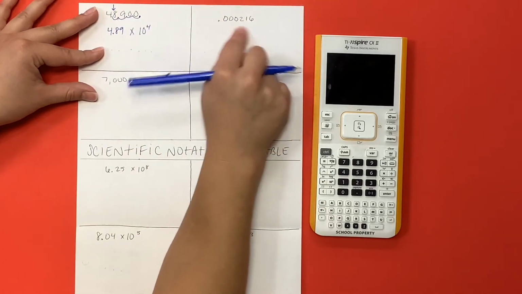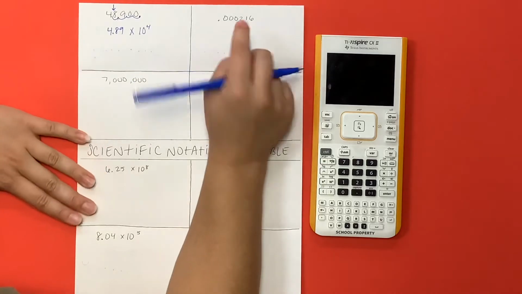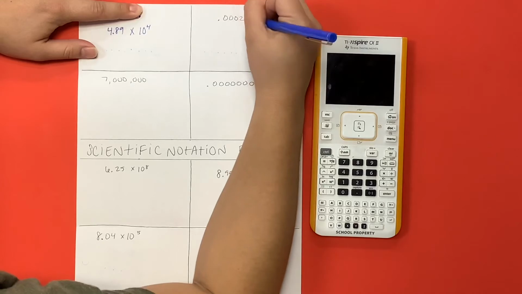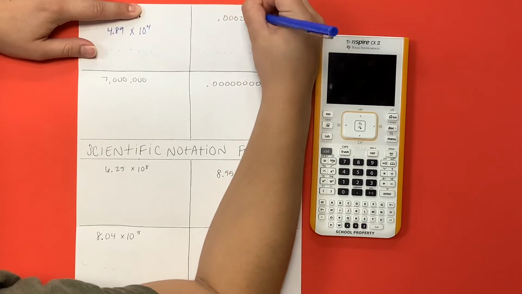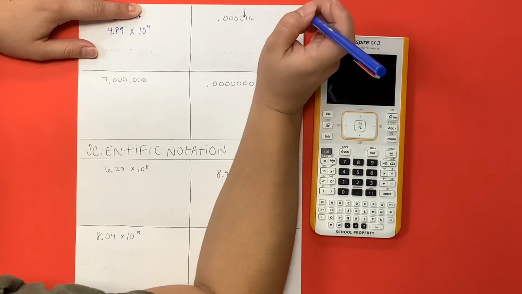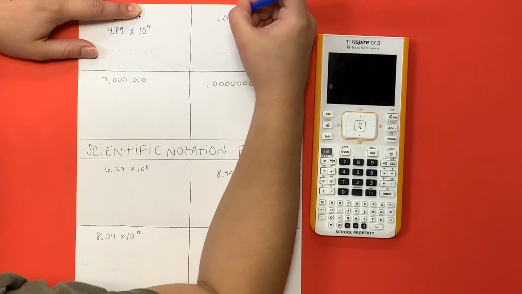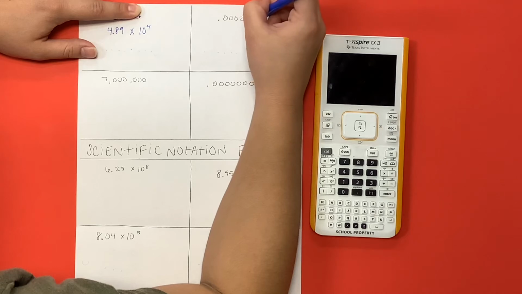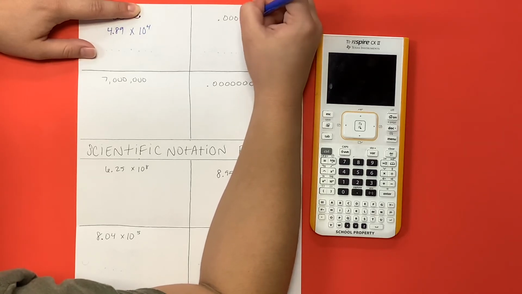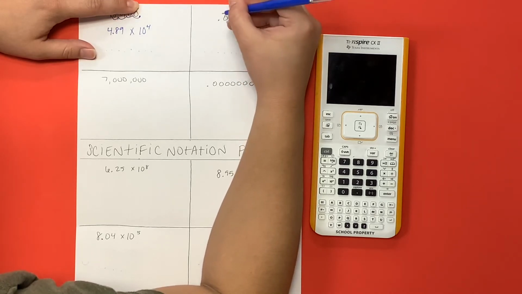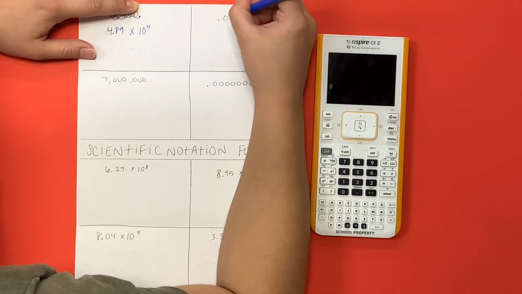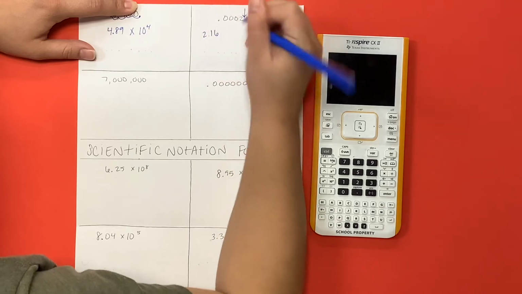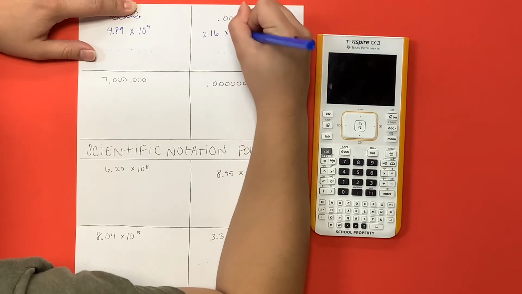Let's take this really tiny number and let's try to write this into scientific notation. So I want to take this decimal and move it in front of the first number that I see, which is 2. This is 0.000216. This is not 216. We have a decimal number, so we don't use those kind of words. We just say 0.00216. All right, so I now am going to change this to 2.16 times 10 to the